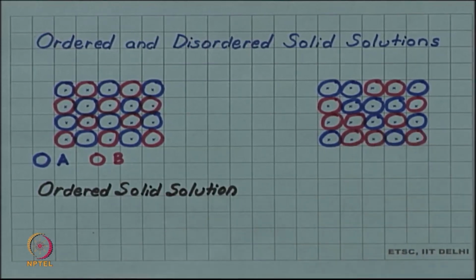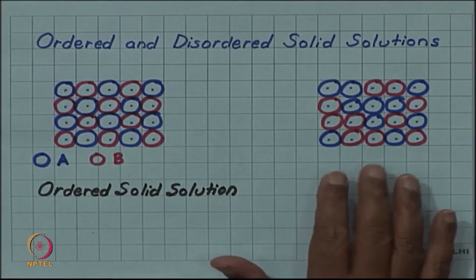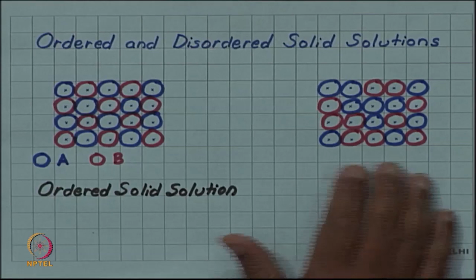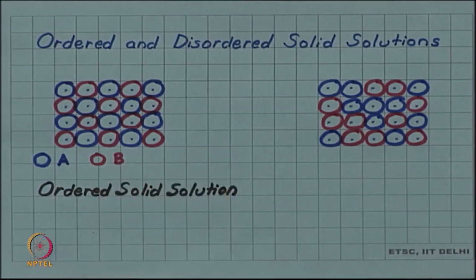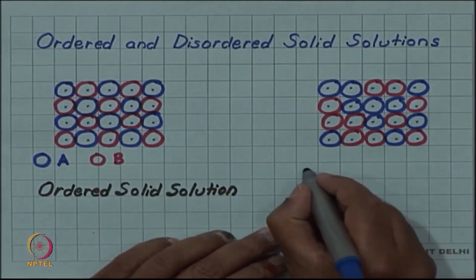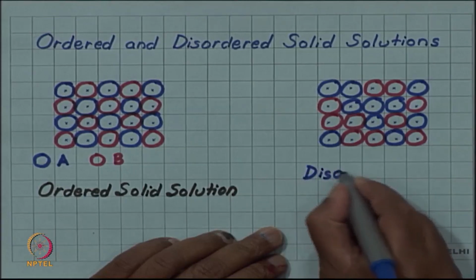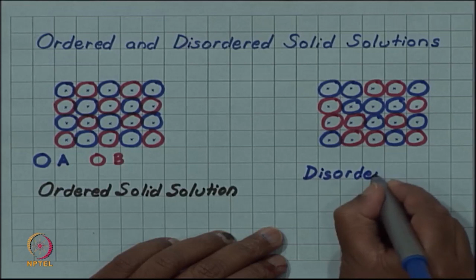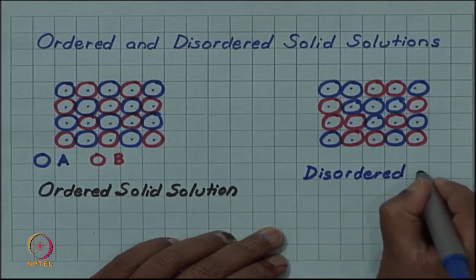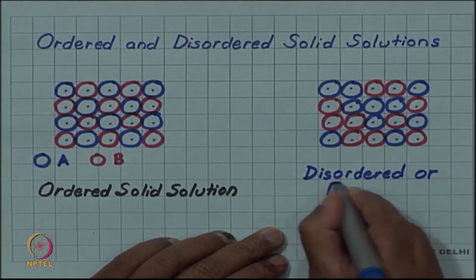So, you can see that in this example we do not have the systematic ordering of A and B atoms like in the first example. So, this is called a disordered, or sometimes also called random,